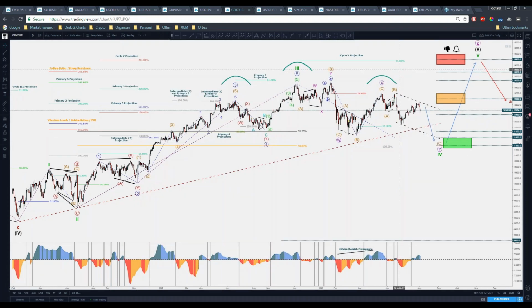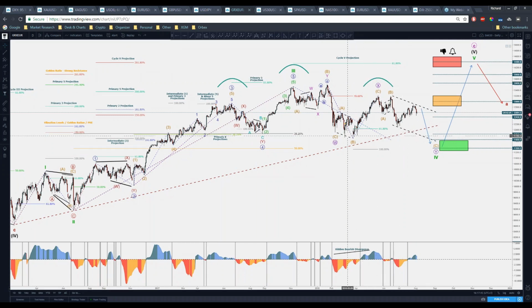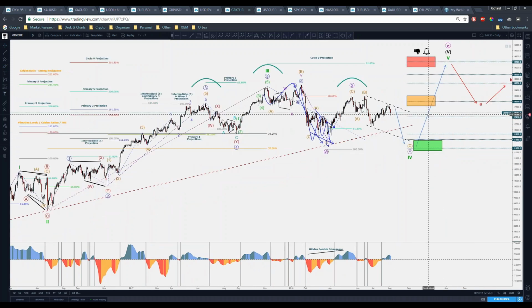The way it started, the way this looks, not sure if I should put this here and just treat this as an ending diagonal in a descending channel, something like that. So this could be the C wave, in other words, A, B, C right there. So W, and then A, B, 1, 2, yeah, A, B, C, for an even larger X. However, this would make the pattern take way too long for a wave 4. Yeah, again, we'll see. But there's a way to it.